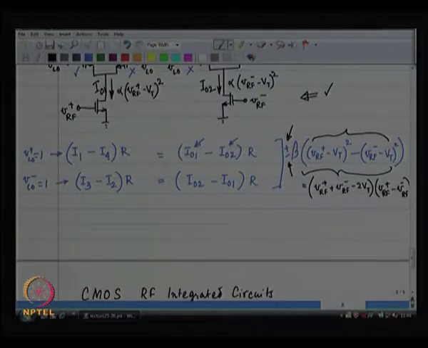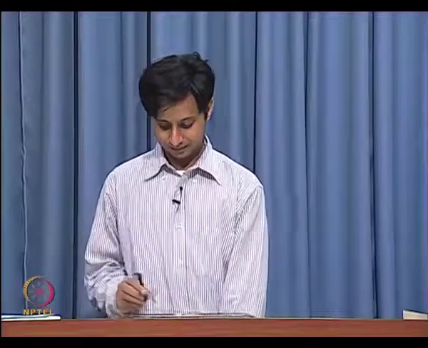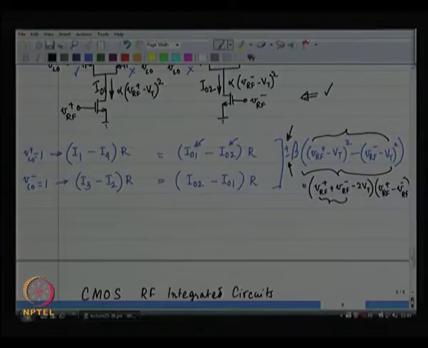Now, this is okay if VRF plus is equal to minus VRF minus. So, if you can make sure that these two cancel out with each other, then this is okay, but if you can't make sure of that, if there is a common mode signal over there, then we are in trouble. Okay. So, in general it is going to be non-linear. So, we need to linearize this,